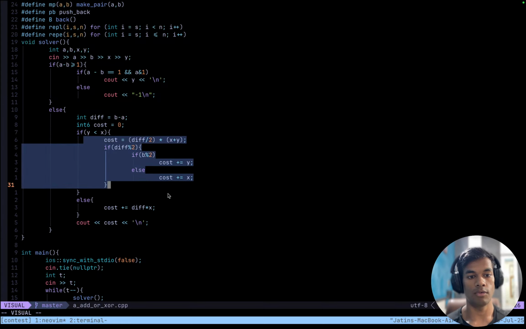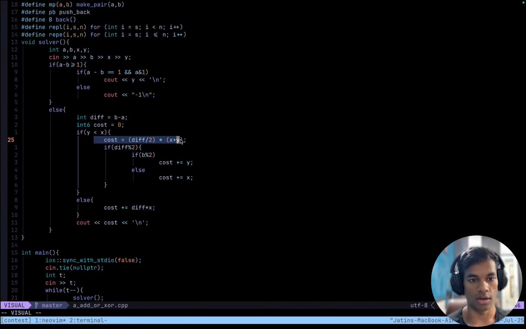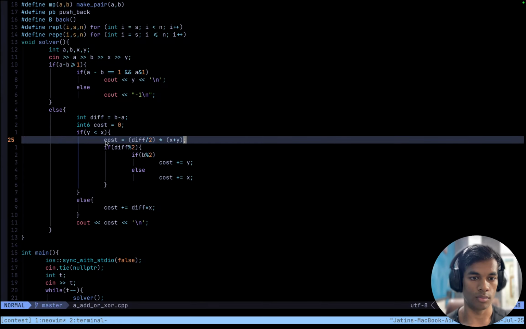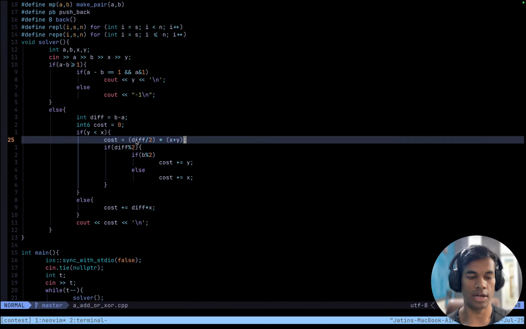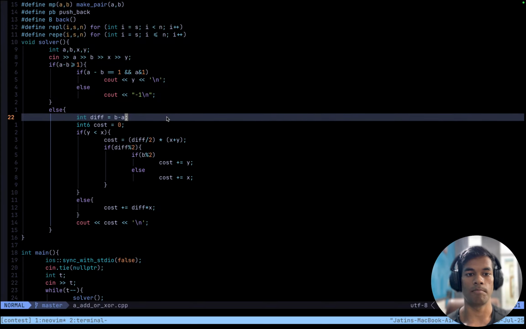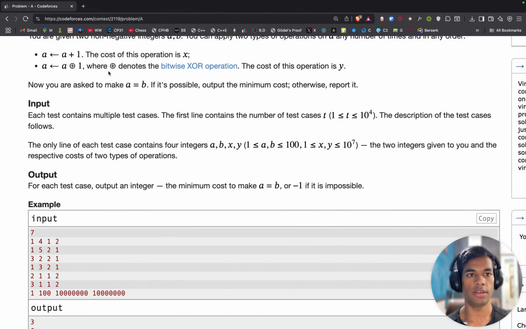But if not, then we want to add in as many XOR operations as we can, and for that this is what we are going to do. Cost equals difference divided by 2 multiplied by x plus y. And what does that mean? That means that there is a difference,